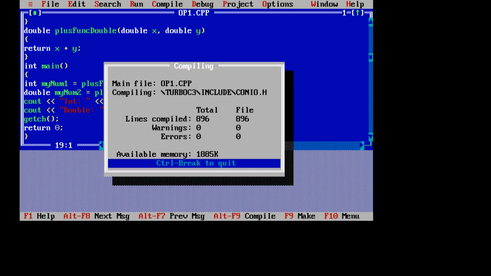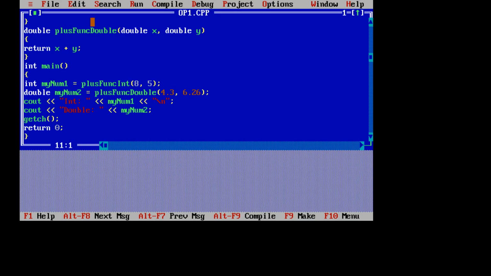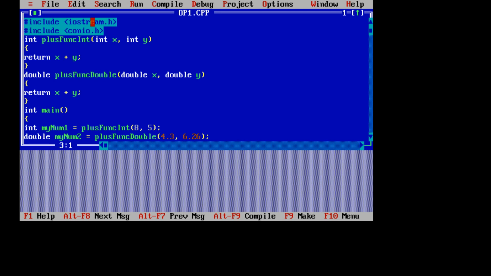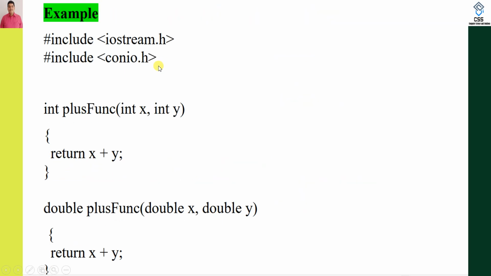Compile it and run the program, and you will get the same result that we have represented in the slide. But this is not function overloading, because you have taken two functions, plus function int and plus function double. In the next example, we are discussing how